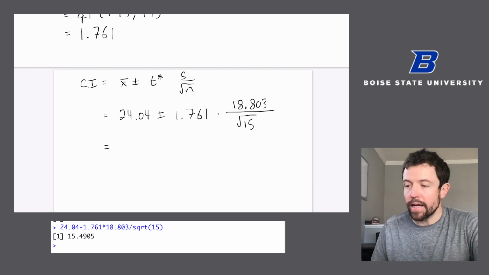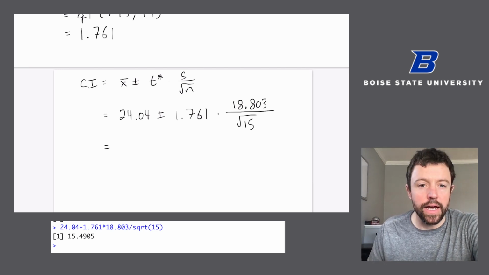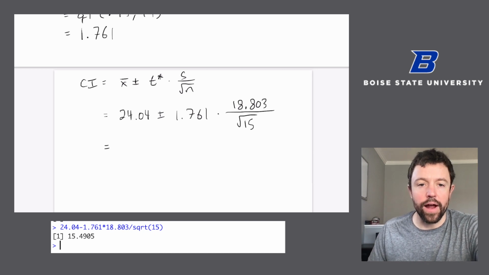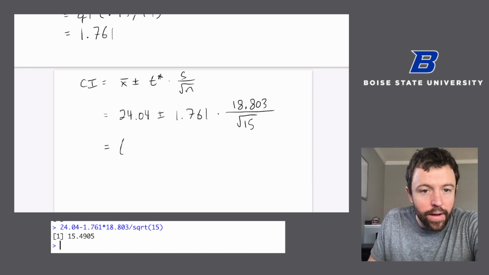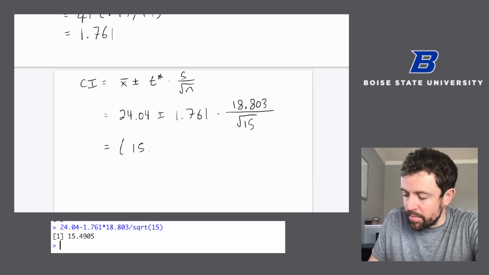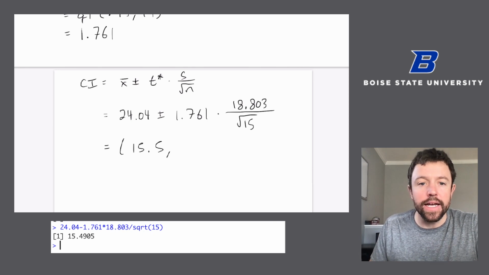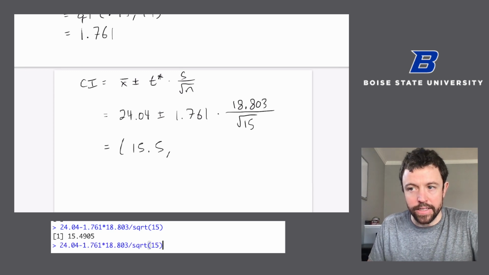You could also have calculated this piece by piece, right? The reason I like to type it in all at once is that it allows me to not worry about rounding. I've already made some rounding decisions, but I'm going to round this to just one decimal place. So I'm going to say this is 15.5. That's our left side. And the nice thing when you work in RStudio is you can just copy paste, because the only difference to get the right side is instead of subtracting,